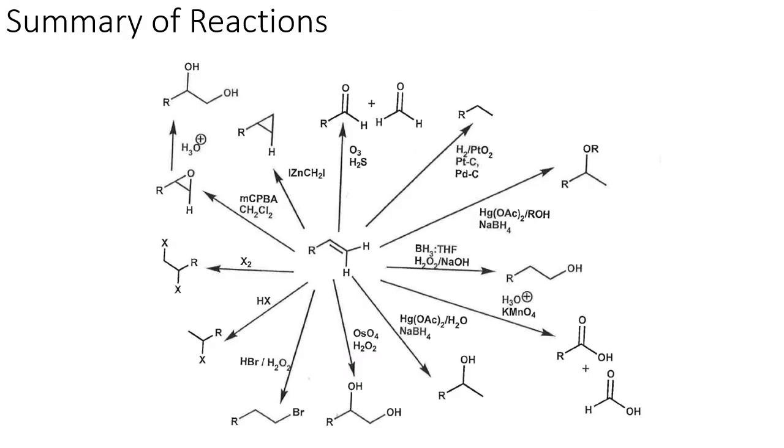So let's just go through a quick summary of all the alkene reactions we talked about. And there's a couple on here that I moved to a different chapter and we haven't talked about yet, so I want to cross those out. But if we start at the top here with ozone, we took an alkene and we cleaved the double bond and we got a mixture of either both ketones, both aldehydes, or one of each, depending upon our alkene that